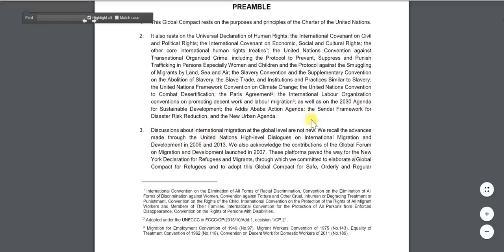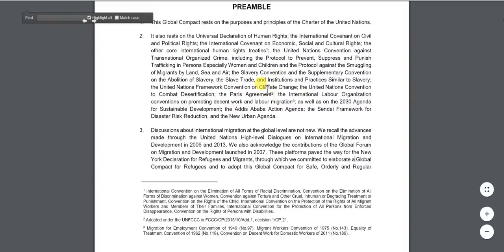And I'm going to read it all out because it's important and informs our current topic. So number 3, discussions about international migration at the global level are not new. We recall the advances made through the United Nations high-level dialogues on international migration and development in 2006 and 2013. We also acknowledge the contributions of the Global Forum on Migration and Development launched in 2007. These platforms paved the way for the New York Declaration for Refugees and Migrants, through which we committed to elaborate